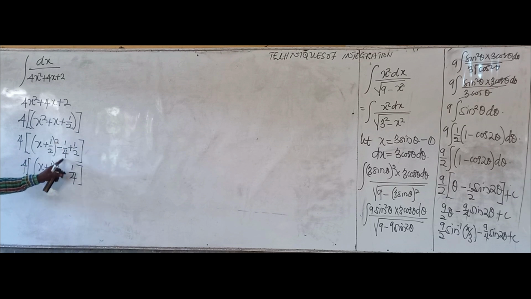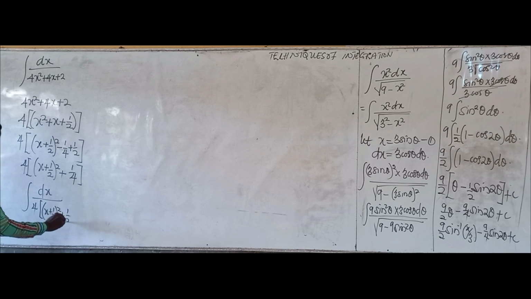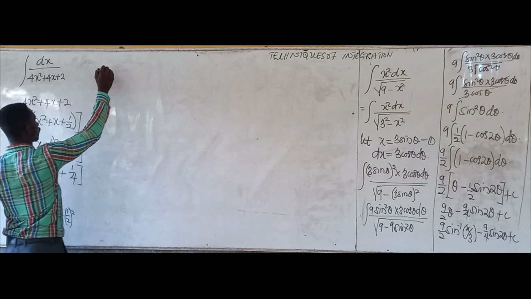Negative half, negative 1 over 4 plus half will give us positive 1 over 4. So the whole of this integral can be written as integral dx all over x plus half squared plus 1 over 2 squared. 1 over 2 squared is the same as 1 over 4. Now I can factor 1 over 4 out to be 1 over 4